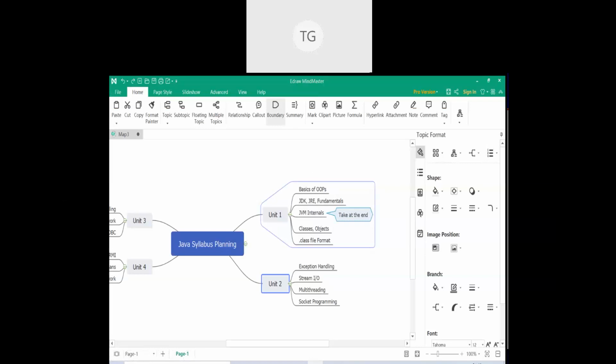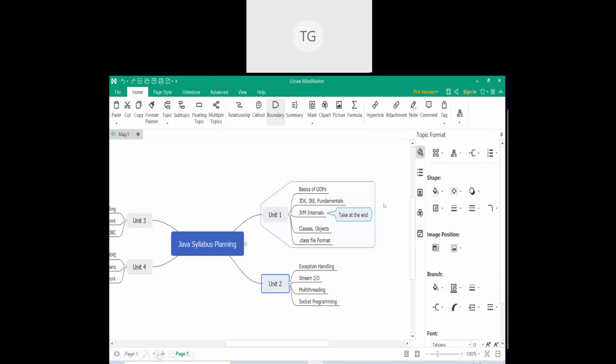This boundary is very helpful when your mind map actually extends. Right now we have a very small mind map, but when the student will be taking notes, the mind map would be very extensive, or for presentation ideas the mind map would extend a lot. In such cases, when you want to enhance readability and make it explicit to the student that these topics are related, all topics coming under this boundary are one group, so you can explicitly specify that. So this is done using boundaries.